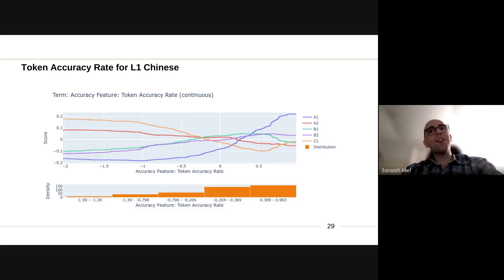And the very interesting finding was that actually C1 learners are more likely to make mistakes, because possibly they are thinking that, okay, we are more advanced, we need to show off our vocabulary and the structures that we've learned, and they are becoming, let's say, too liberal with the language and are taking liberties that they should not be taking. And this could be a result of that. So you can see how using these glass box models and handcrafted features, we can extract this sort of knowledge